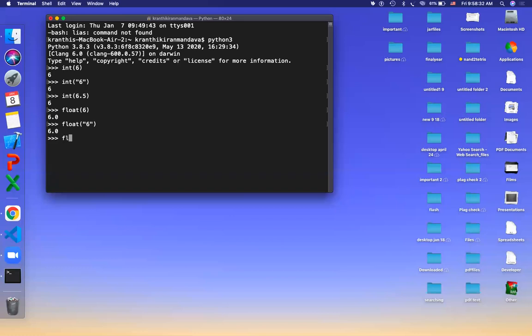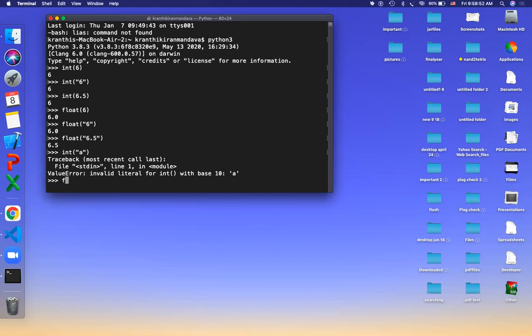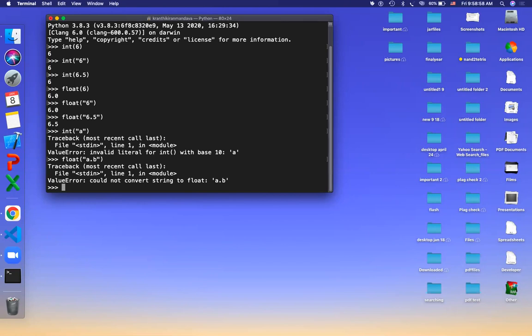You can also convert float of 6.5. By this time you might have understood that nothing is illegal, everything will be legal here. But the only illegal thing is you cannot convert the letter A to this, and you cannot convert float of A dot B to this. Did you understand?